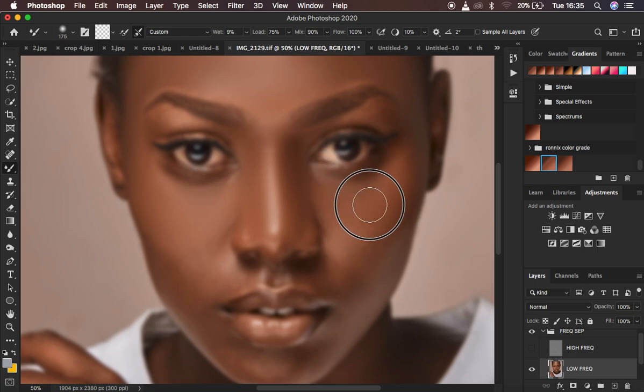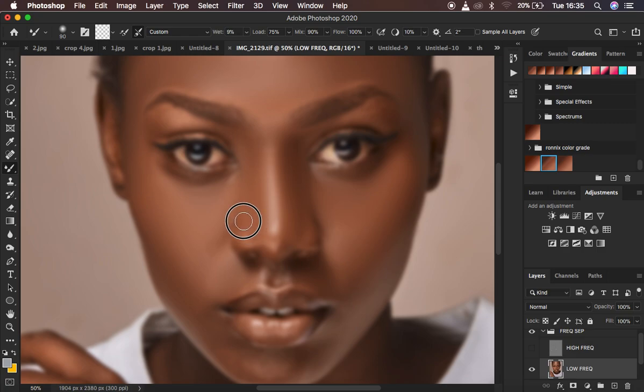You can see how I'm taking the strokes of my mixer brush tool. It follows how the area is shaped and how all the colors in that area are moving. You can see right now they're moving in an up-down kind of movement. And I reduce the size and work right here. You can see I'm moving my brush in that kind of direction to blend or even out the